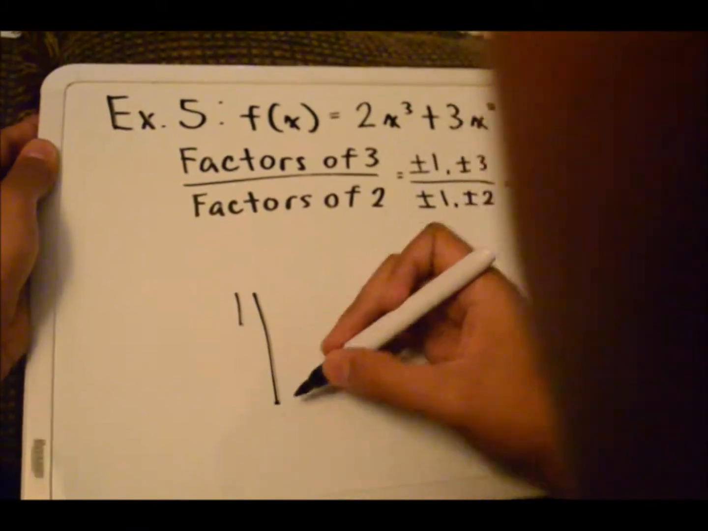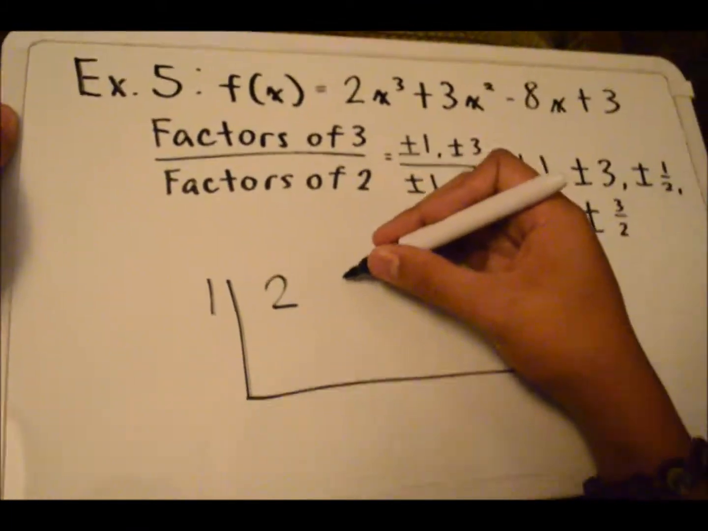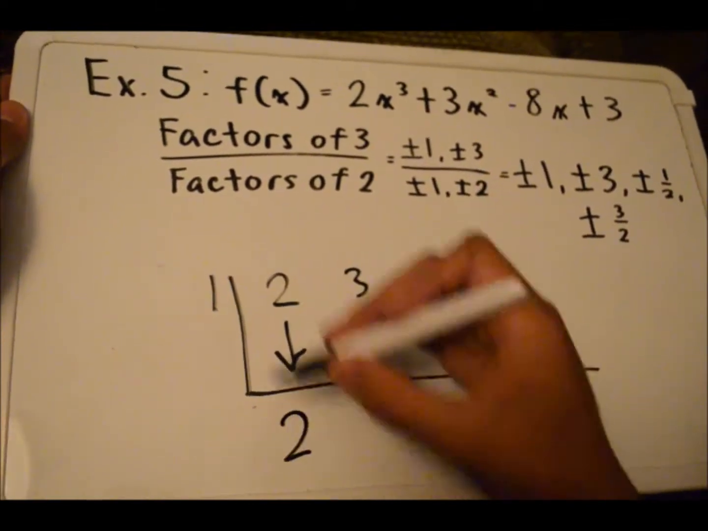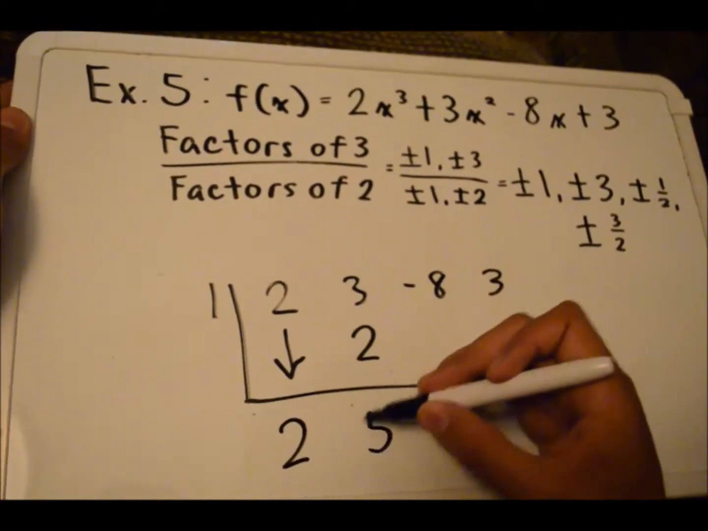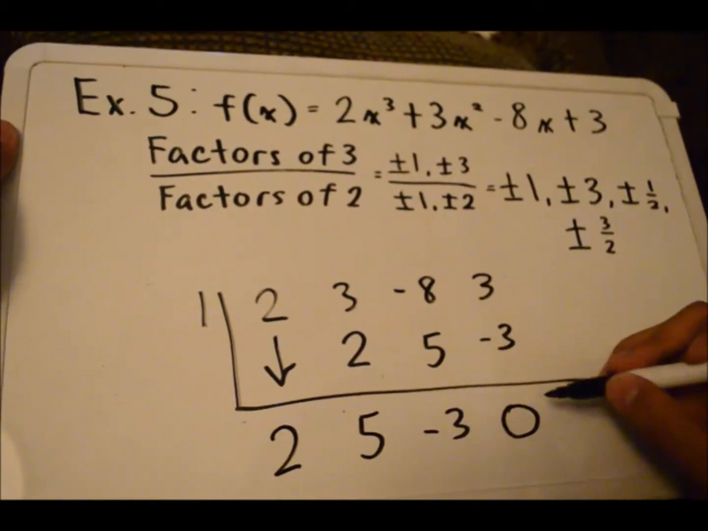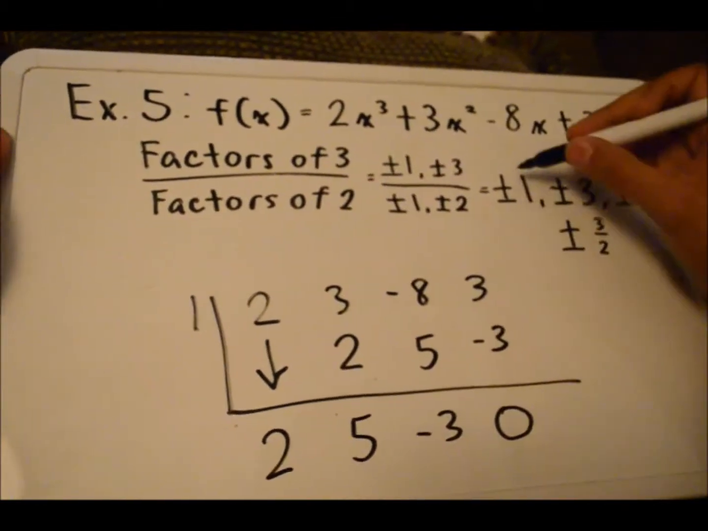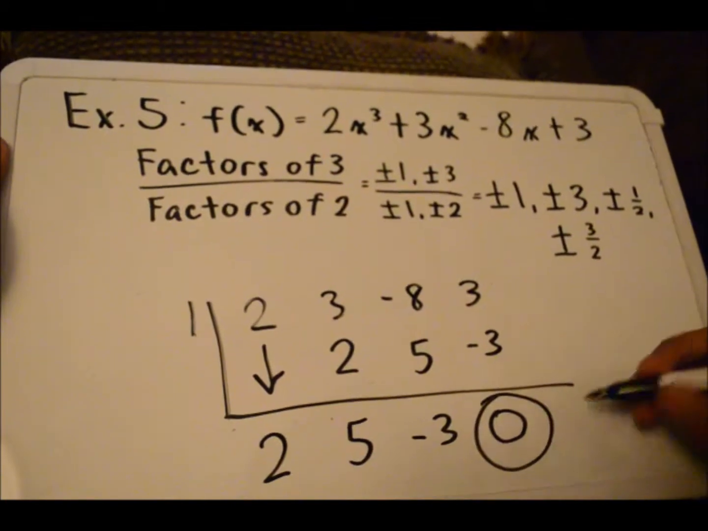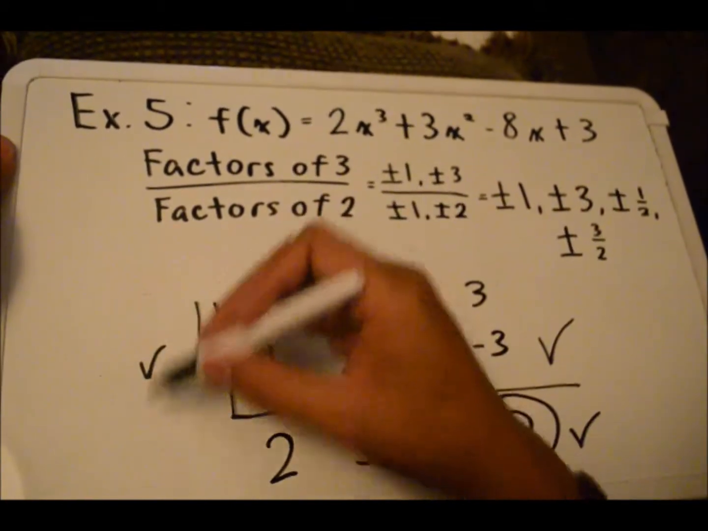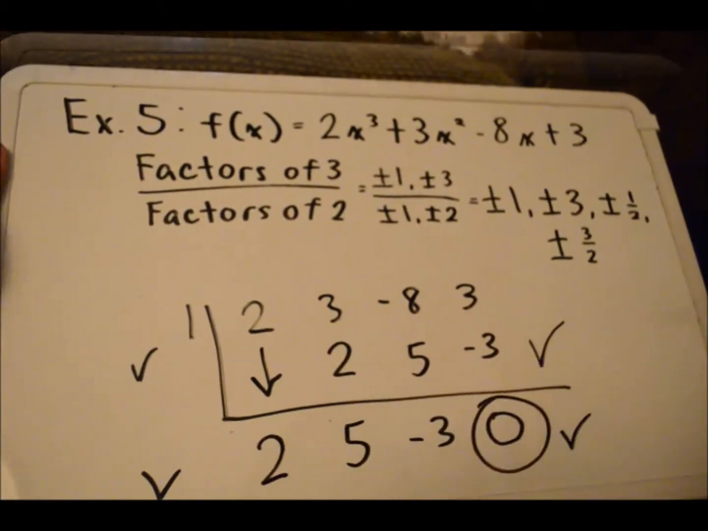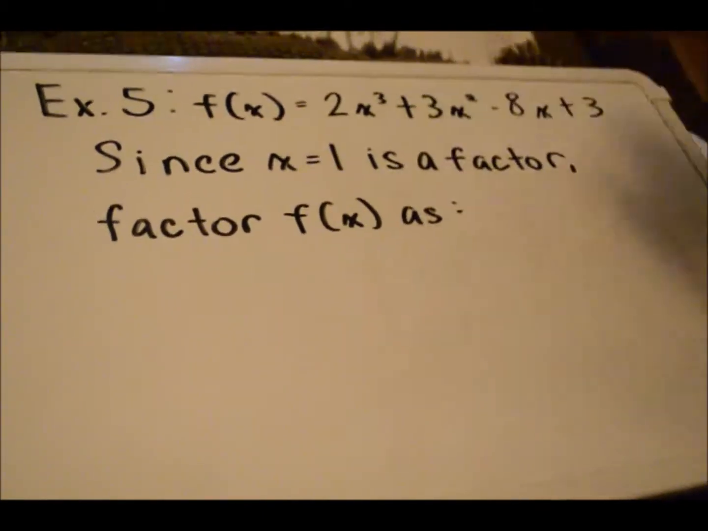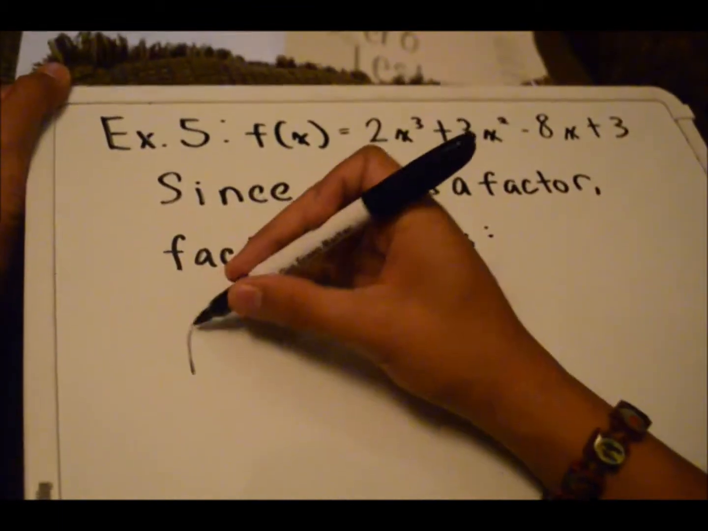Now let's test 1, and we bring down 2, 3, negative 8, and 3, and we synthetically divide, and as you can see, we have a remainder of 0, so 1 is a factor of the function. Since x equals 1 is a factor, factor f(x) as